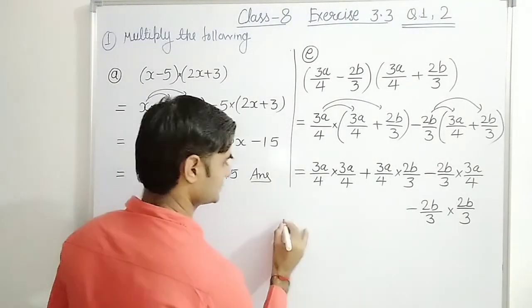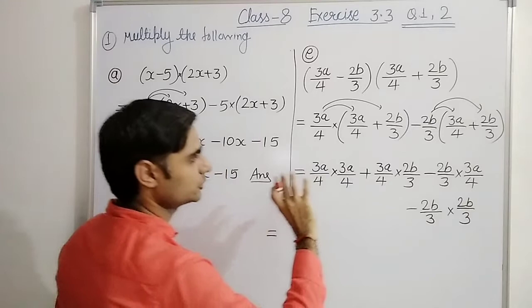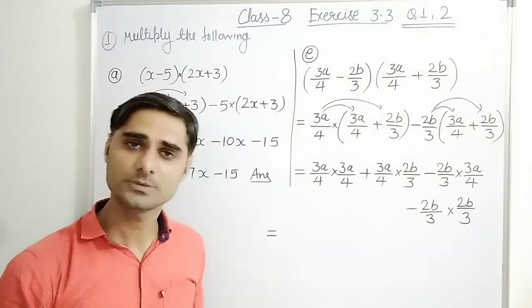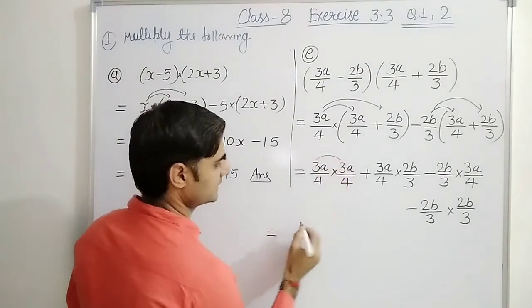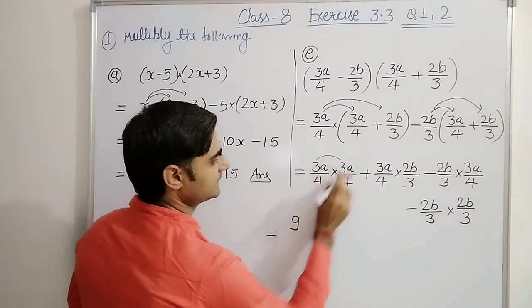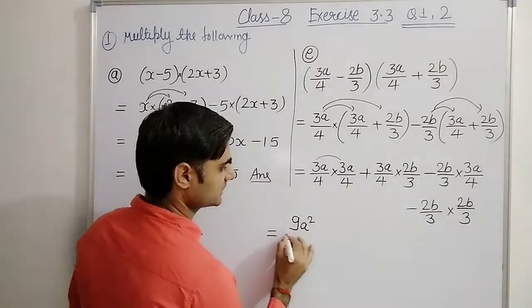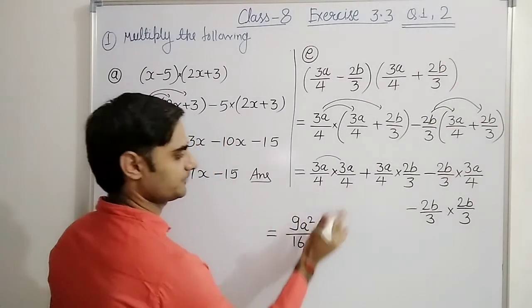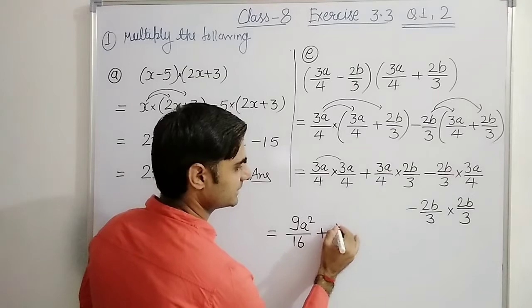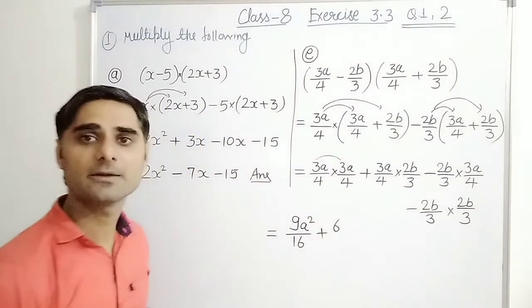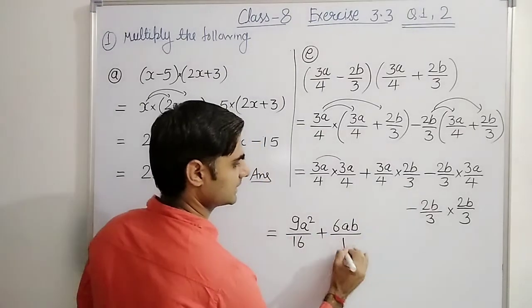Now see next. This will be equal to, I write here, 3a multiplied by, see, numerator will be multiplied by numerator and denominator will be multiplied by denominator. So see here, like term we will multiply: 3 threes are 9. A multiplied by a is equal to a square, right? 4 fours are 16. Is this clear? Then plus sign, this plus sign. 3a and 2b: 3 multiplied by 2 is 6. A multiplied by b, a into b is equal to ab upon 4 threes are 12.